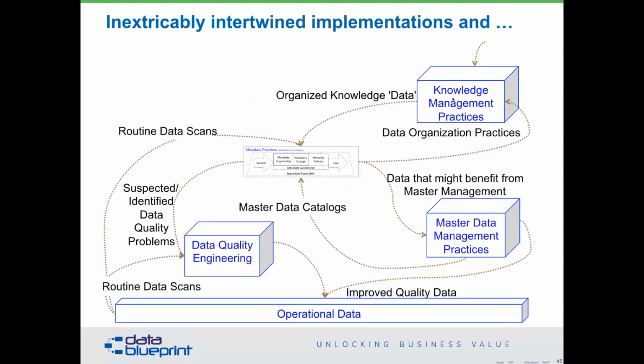There are lots and lots of examples. I'm going to give you a couple of them here. This is another organization that I've worked with, which had a very, very complex process. They had knowledge management practices, master data management, data quality, and they linked those directly to their metadata. Again, this is not something that you have to do. It's something that you can do that may be interesting, or maybe you have already done, and changing one aspect of this. Right here you can see from this diagram, there's no way I'm going to change master data management practices without affecting operational data, in this case the metadata, and the metadata is connected back out to the data quality and the knowledge management practices for this organization.